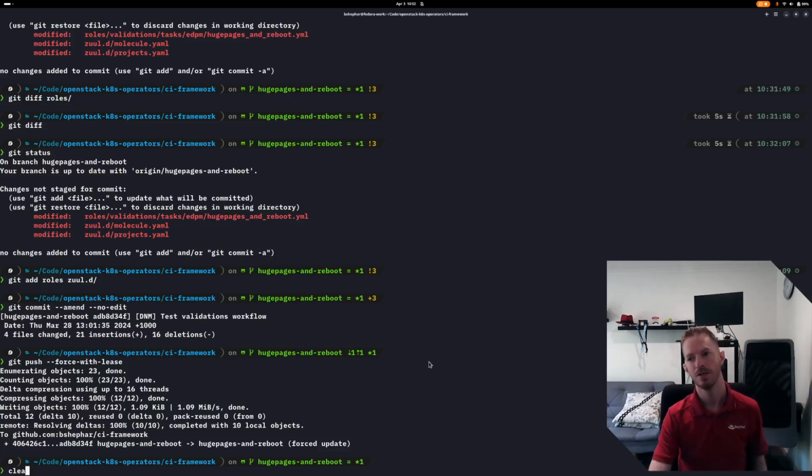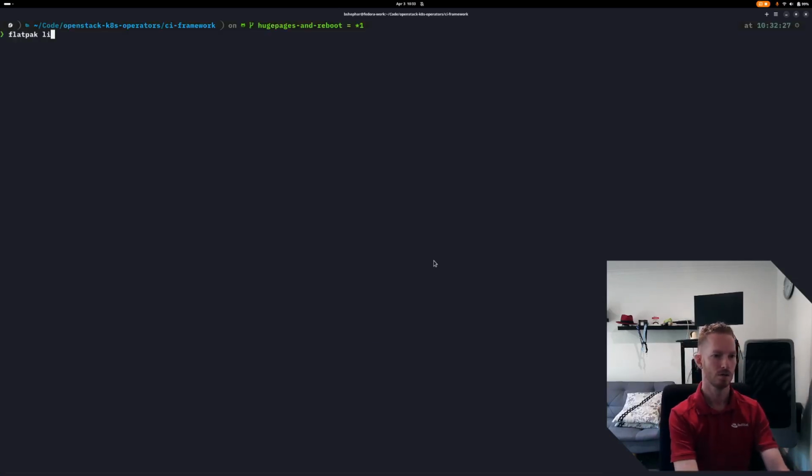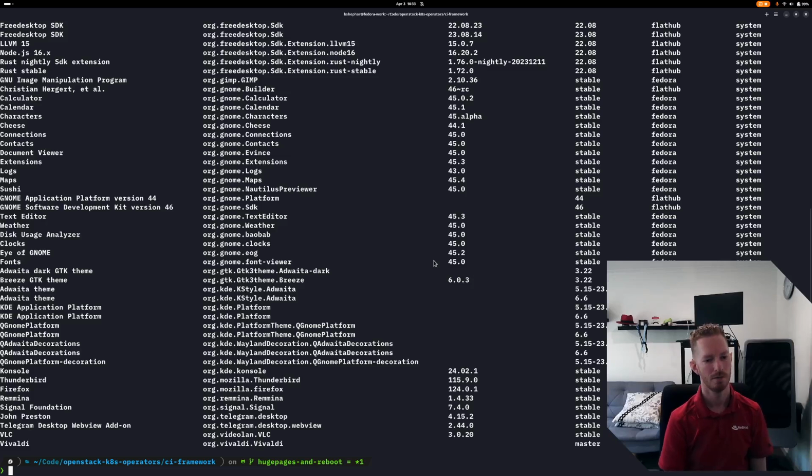This terminal, for example, is called the Black Box terminal, and it's installed via a Flatpak. Through flatpak list, you can see I have multiple Flatpaks installed there, and that's because that is kind of the accepted way of doing things on Silverblue. So the other cool thing about Silverblue is that it has made me a lot more confident in using Rawhide